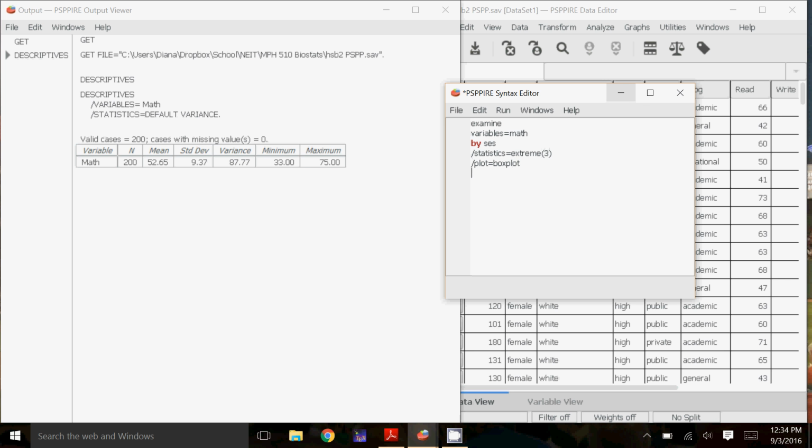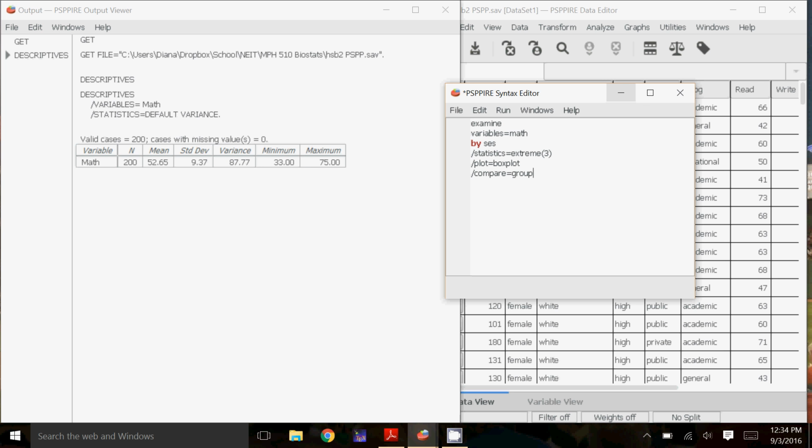And then I'm going to do this compare. And you have a choice here between variables and groups. So the groups will do one plot per dependent variable. So my dependent variable is my math. So it'll give me one plot for the math, but it will separate it by my socioeconomic status, which is